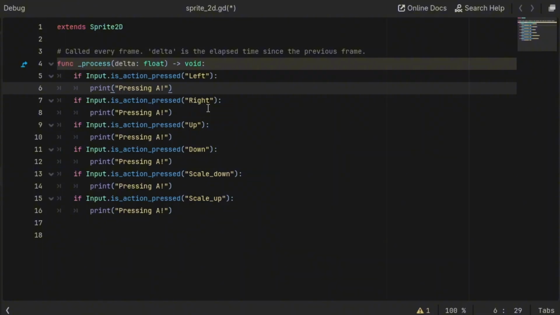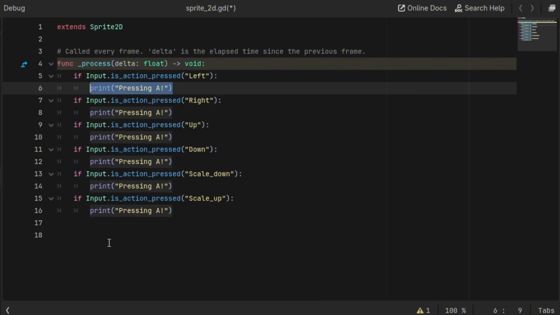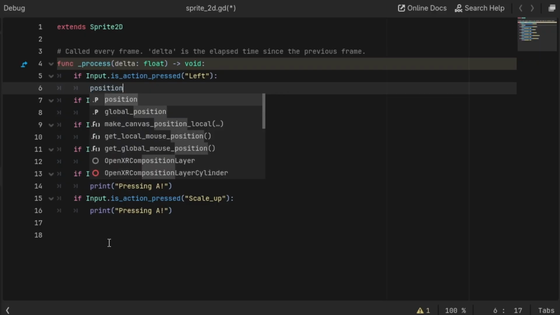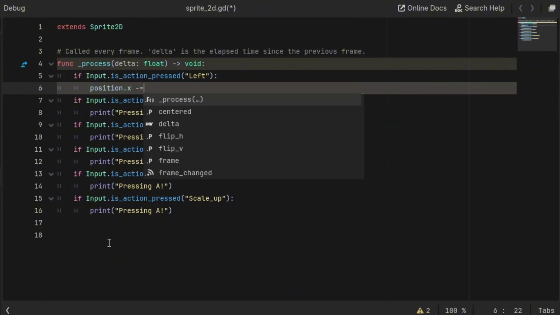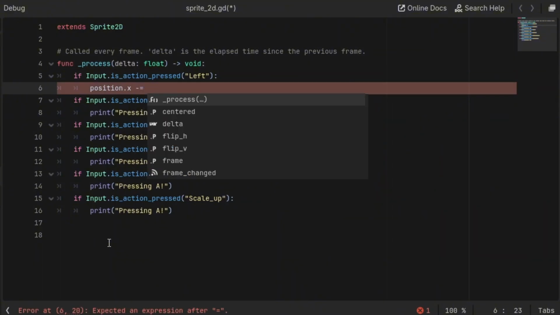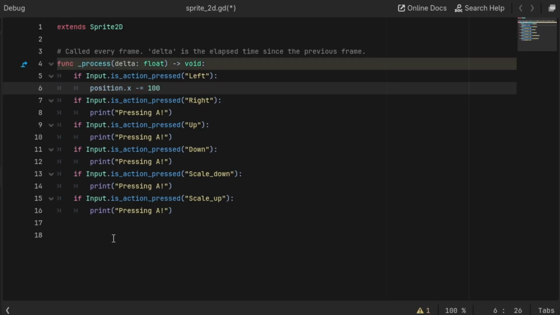the given AWSD keys. Instead of printing anything, I can just access the given properties of, let's say, the position of the sprite. So for moving left, we can do something along the lines of position dot x. So we're moving left, so we're gonna subtract equals. We will subtract maybe 100. To move right, we can copy the same, and instead of going minus, we'll do plus, so we're moving to